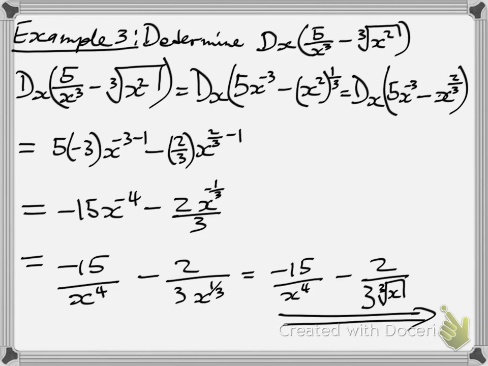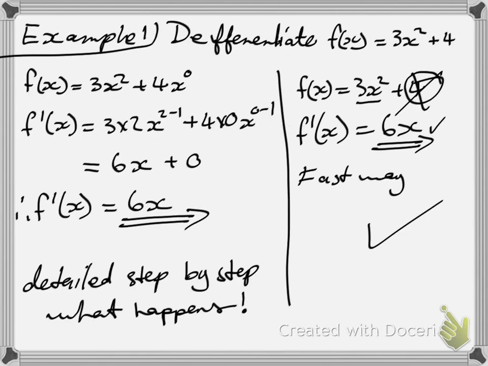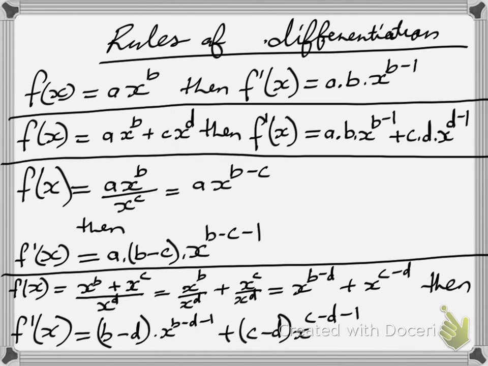Please, if you want to go through all the differentiation methods, let's just go through and see. There we go. This was example number 2. I hope you can see what happened there. Example number 1. Yes, there we go. Everything that we did, there it is. Okay. And then the rules of differentiation, which you must always keep in mind, those ones. Okay. Always make sure before you differentiate, you write it in line format, then you can differentiate and you can move on. Okay. Right. Sorted.